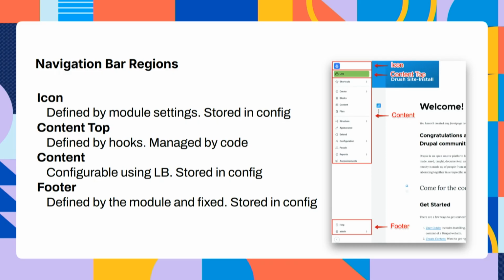So first of all, let me remind you a bit of the different regions where the navigation is divided. So we have the icon. You can customize the icon, but this is something that is stored in Drupal settings, so config, that's all. You can remove it or put your own image. And we have the content top region, that is a specific region that is managed by code, hooks, etc.,